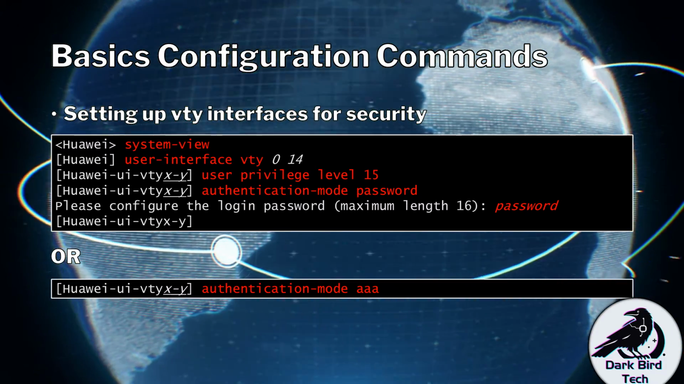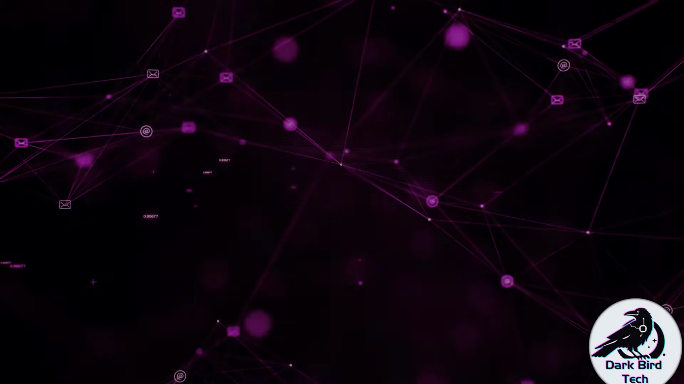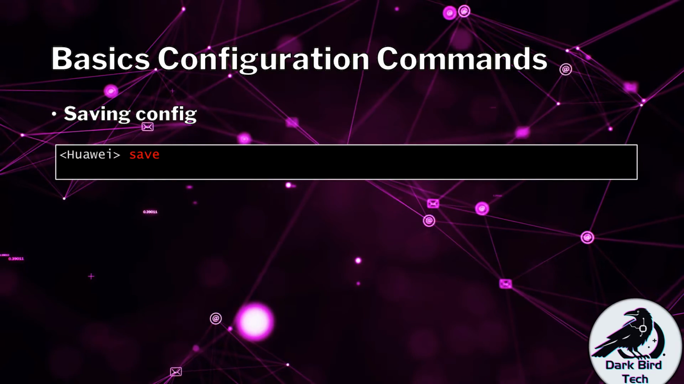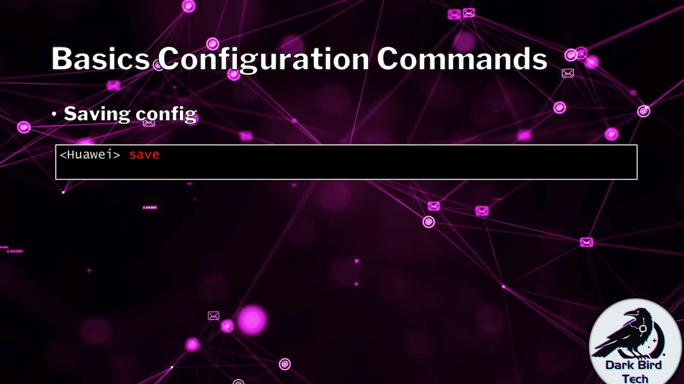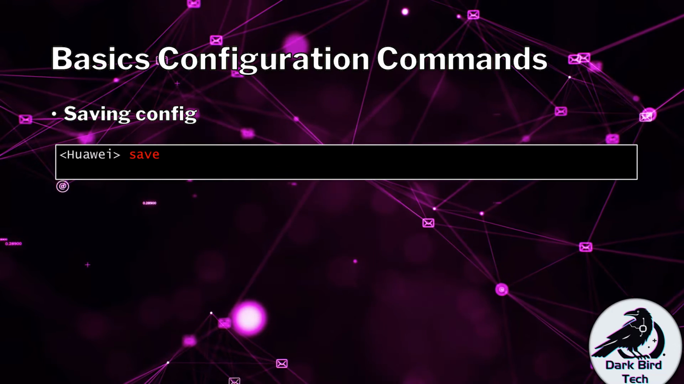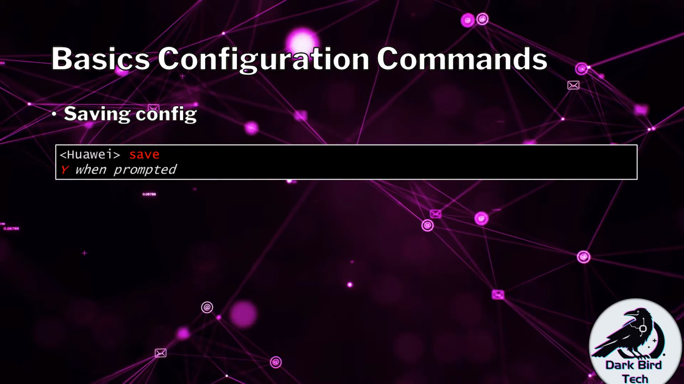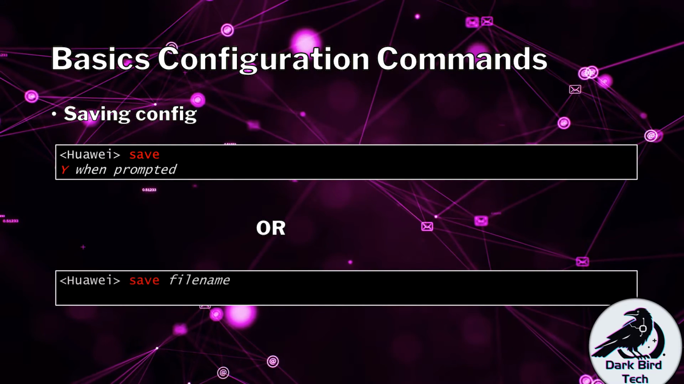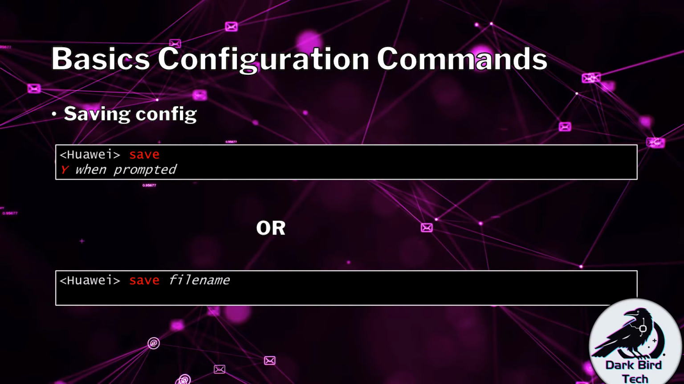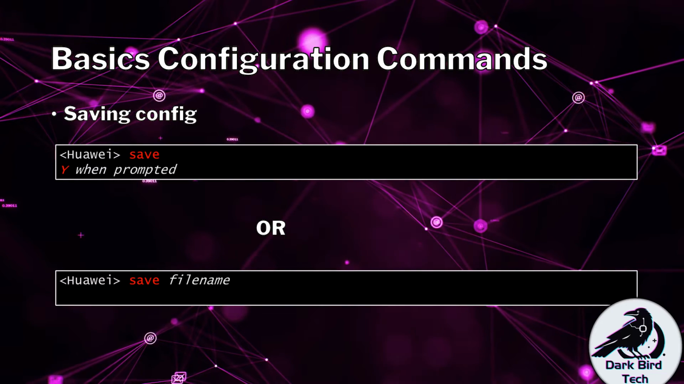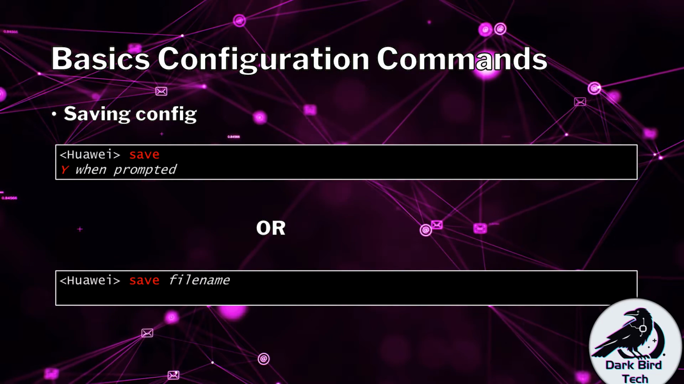All right. Now, next thing you will probably want to know how to do is how to save your work. So with VRP, you have to go back to user view, and then you run the command save. And it'll prompt you, are you sure you want to save your stuff? You tap Y and you press enter. If you want, you can also save to a different file name other than the default, in which case then you at user view type save, followed by the file name you want to save to,